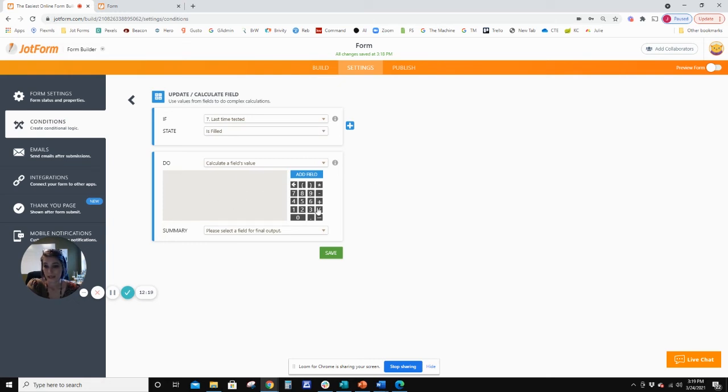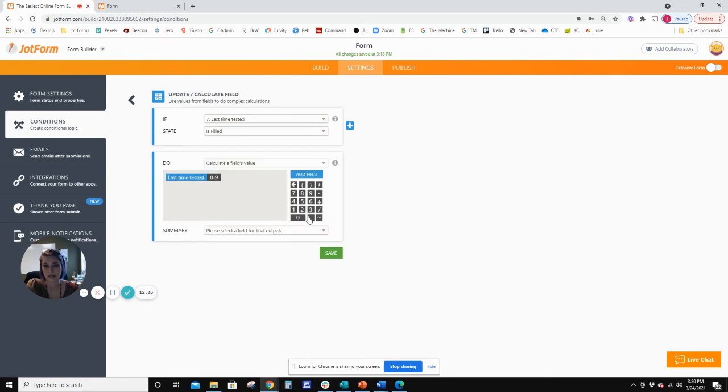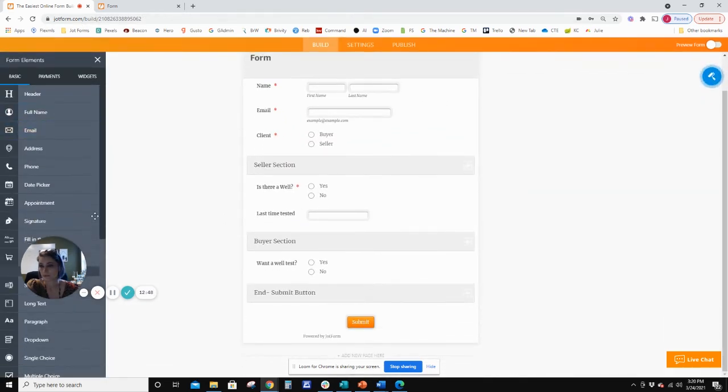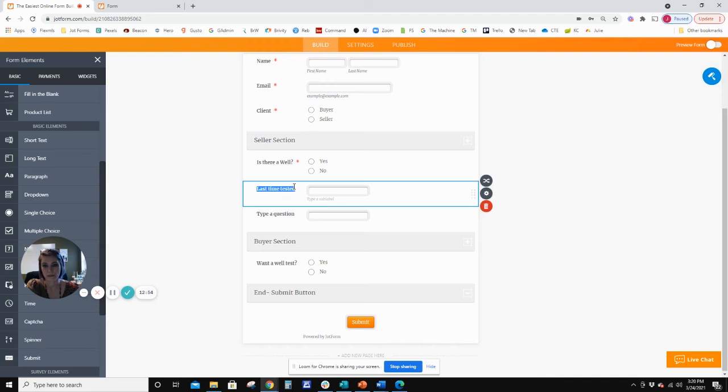So you have to use these buttons, which is awkward. If I put in a 2, it will type it in there, but it won't do anything. So I want to take this, and I want to take that and say last time tested. I'm going to multiply, again, you can't use the keyword, you have to use that, by 2, and then, well, hold on. I need to make another button for it to make this work for my example. So we're going to say, I don't know, I'm just making this up. Let's see, we need